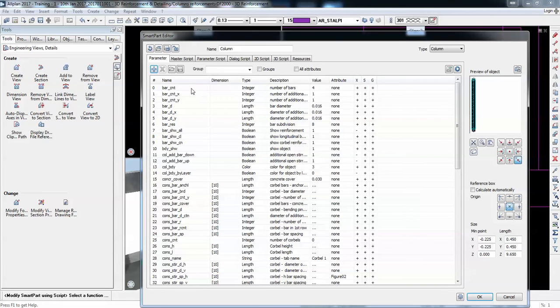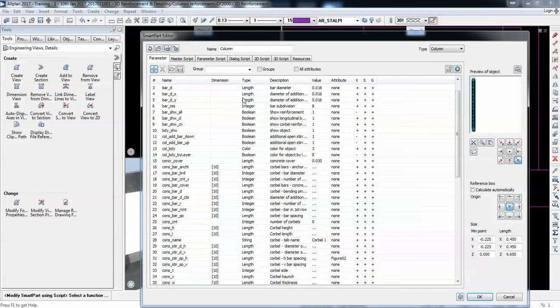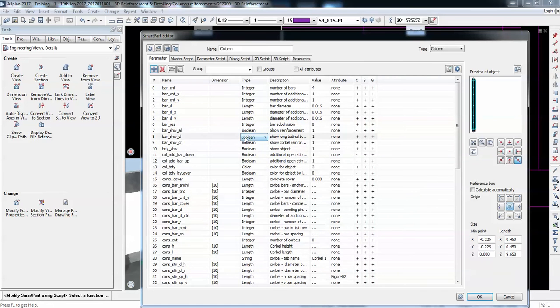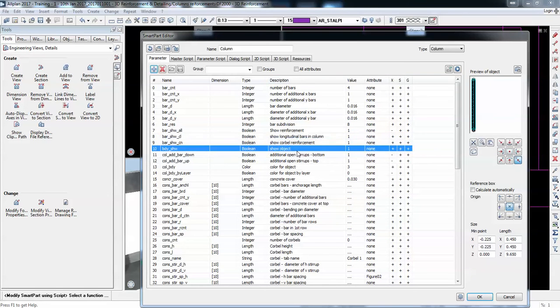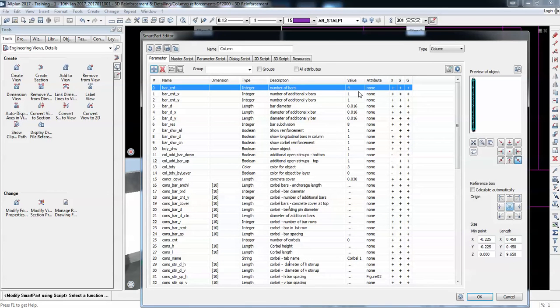So these are just some codes, some names for the parameters. Then on the right side, there's a dimension. Then there's the type of the variable. It can be integer, color, boolean. It has some possibilities of types of parameters. Then there's a description, so someone else knows what this parameter is about. Then there are values. They all start with a standard value. There are some attributes here, and I don't know what these are. Okay, these are the possibility of exporting or not some parameters.